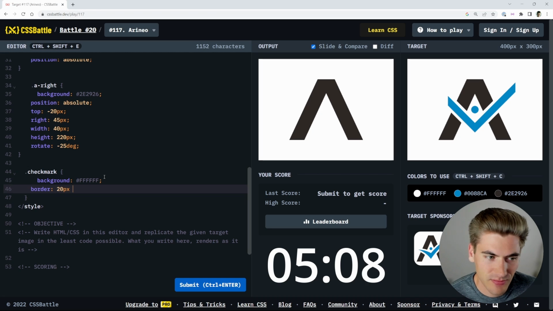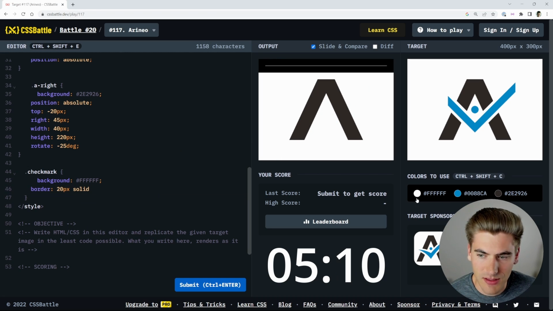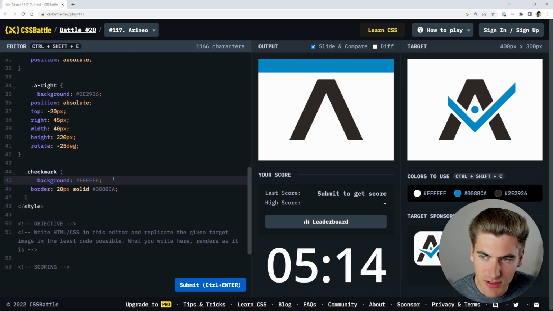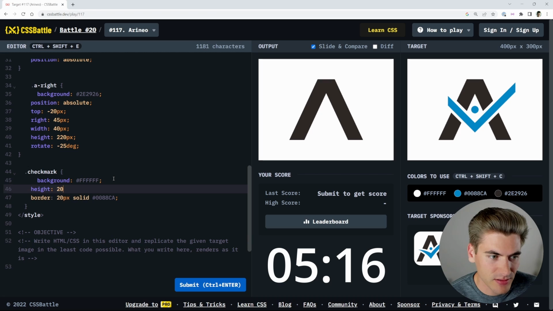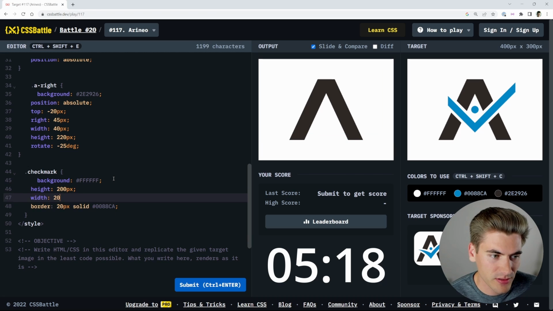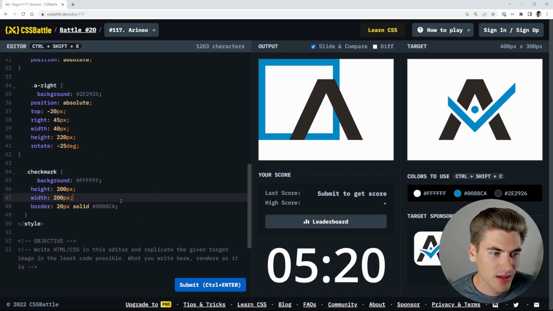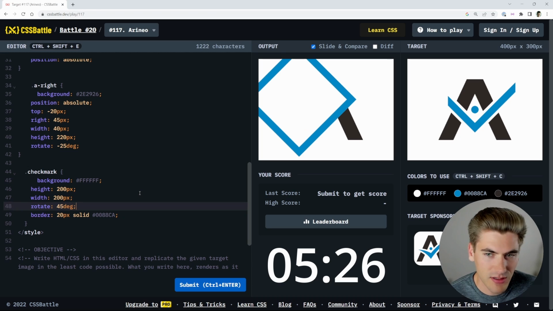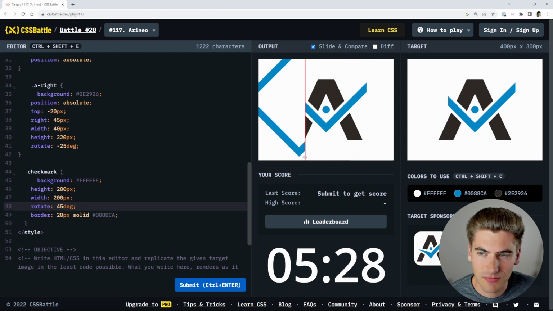20 pixels, solid, and then this color. There we go. So now if I give this a size, we'll say height is 200 pixels, width 200 pixels, just for now. And we want to do a transform rotate. Might as well just do the normal rotate, 45 degrees, so it's on its side like that. There we go. Oh, actually, I don't quite think this will work the way I thought it would, unfortunately, because